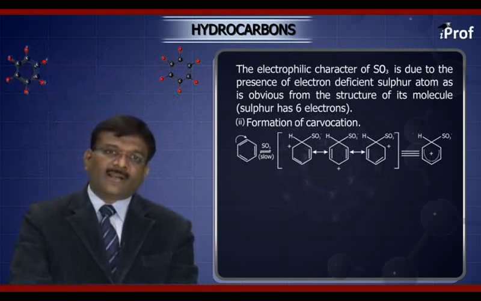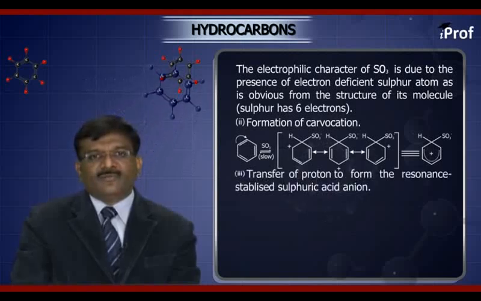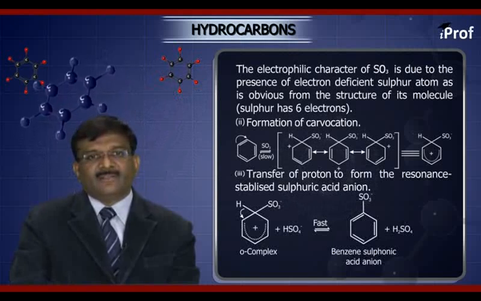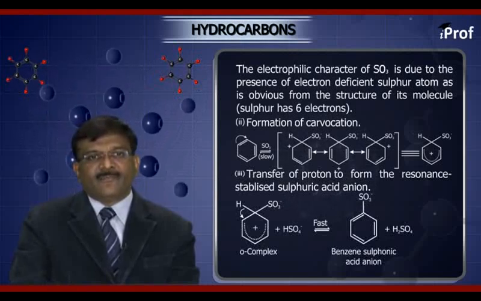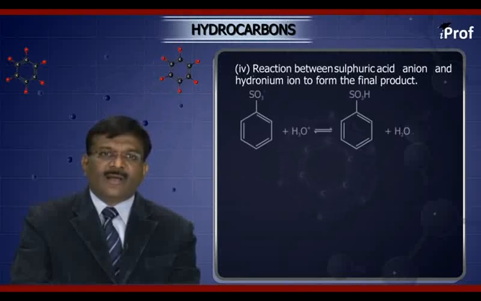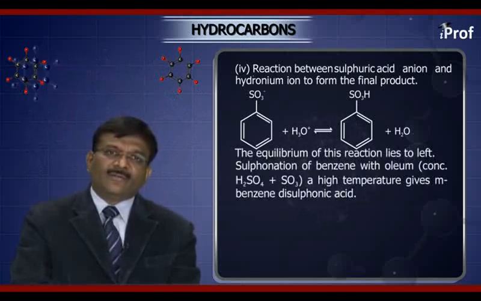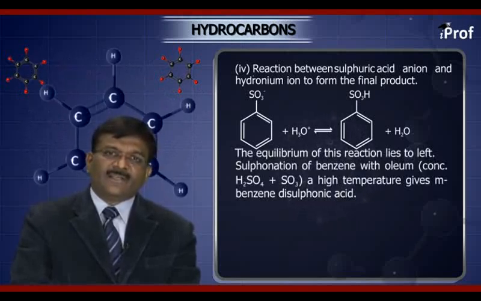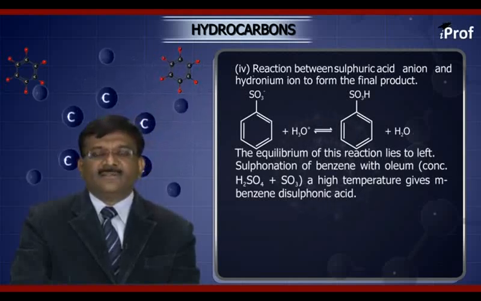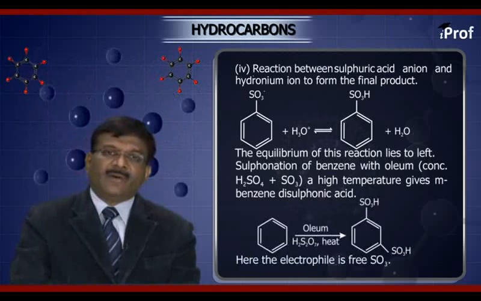B. The formation of carbocation. Slow step. C. The transfer of proton to form the resonance stabilized sulfonic acid anion. This is a fast step. It gives the benzene sulfonic acid anion. Next, the reaction between sulfonic acid anion and the hydronium ion to form the final product. The equilibrium of this reaction lies to left. Sulfonation of benzene with oleum, the concentrated sulfuric acid and sulfur trioxide at high temperature, gives metabenzene